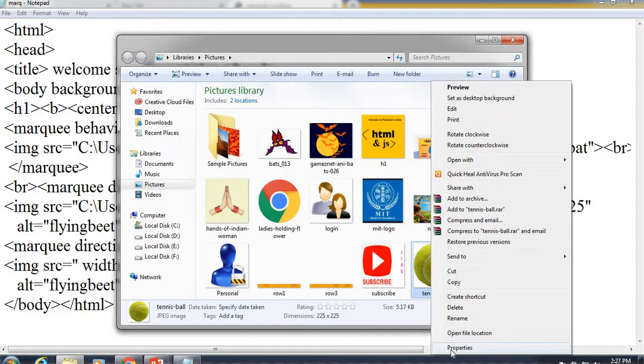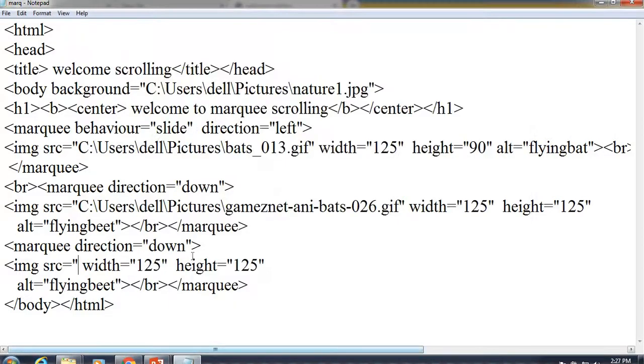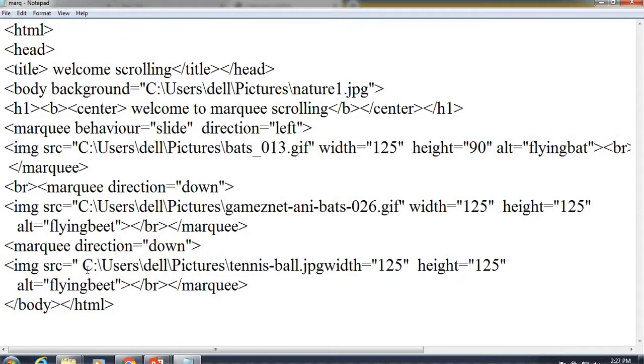So I will take the path of that image. This is the third image I am going to add, and here the direction may be right.